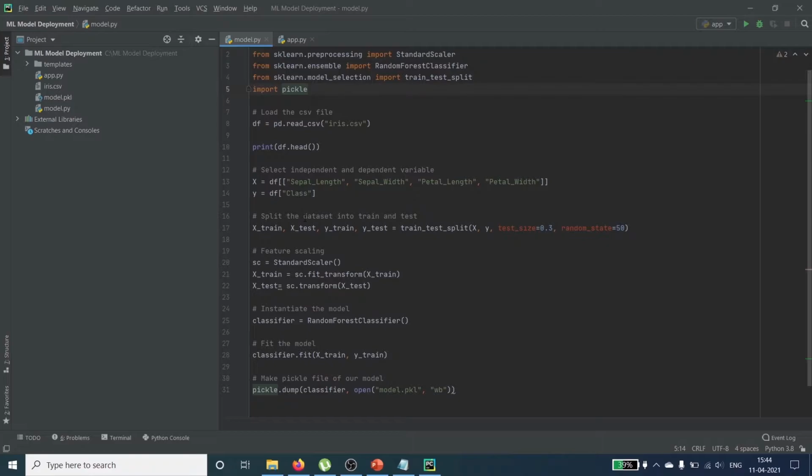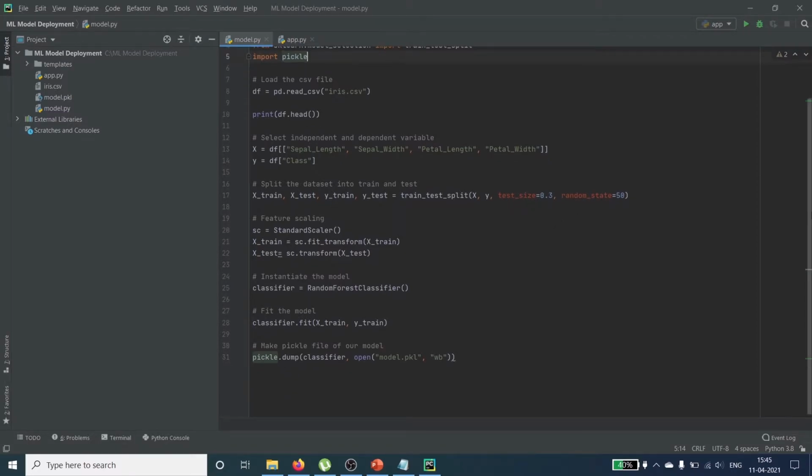Then we have split the dataset into train and test, and here we are defining some parameters such as test size. Test size is 0.3, that is we are going to use 30% of the data for testing and 70% of the data for training. The random state parameter, you can put any number here, and it is for reproducing the result to get the same samples in your test and train data set. So for that we use this parameter random state.